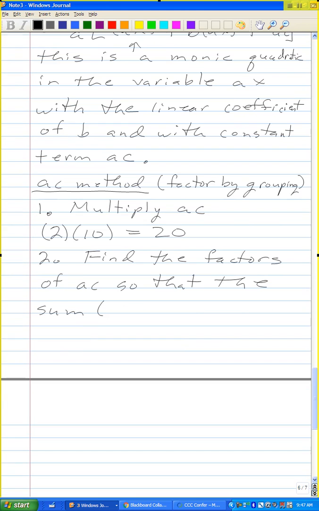So that the sum or difference, depending on if that last term here is a plus or minus, is the middle linear term, b. And so, in this particular case, i.e., find the factors